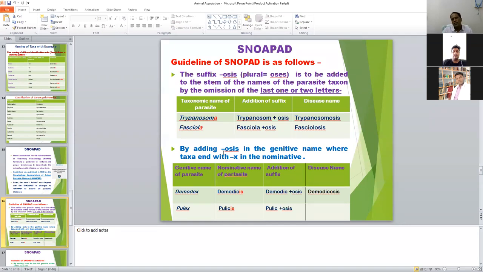Another rule concerns the generic name ending with X. When the generic name of the parasite ends with X, then we consider the nominative name of the parasite. For Demodex, the nominative name is Demodic-, and for the addition of suffixes to the nominative, the IS is deleted, removed, and osis is added, and the disease name is demodicosis, like follicosis. So this is the nominative name. When the generic name of the parasite ends with X, consider the nominative name, delete the last two letters, and add osis as a suffix, which forms the disease name of the parasite. Demodex is a kind